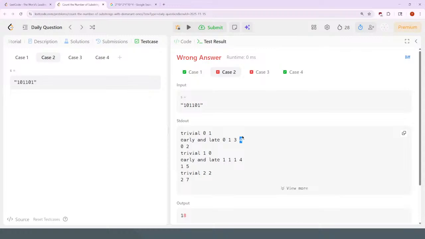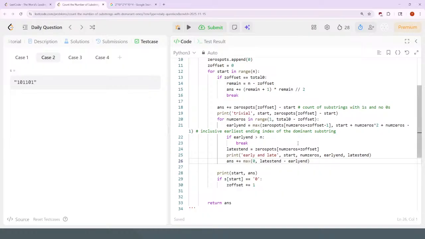That doesn't seem right. 4. Latest end is